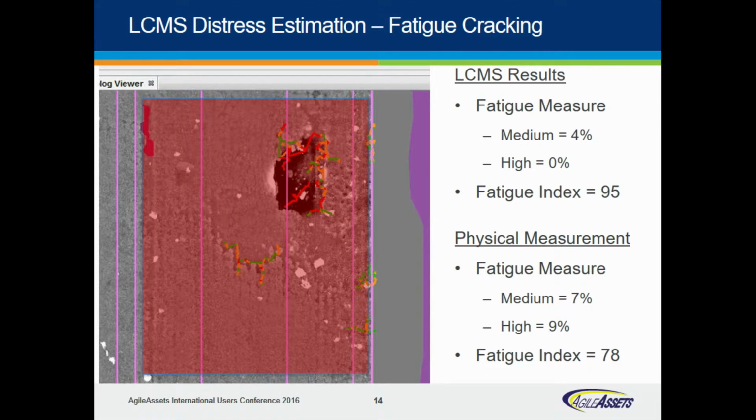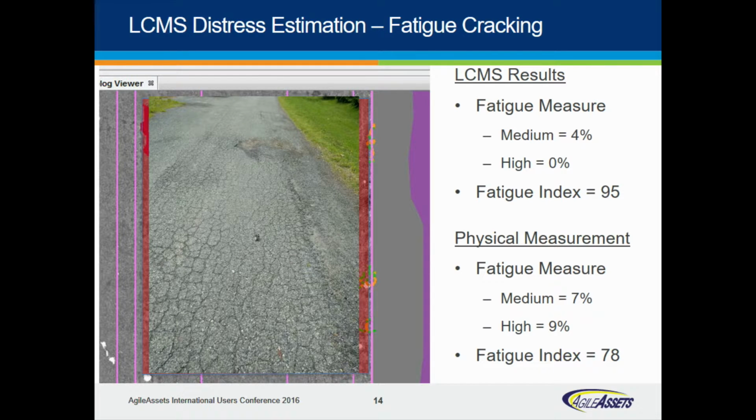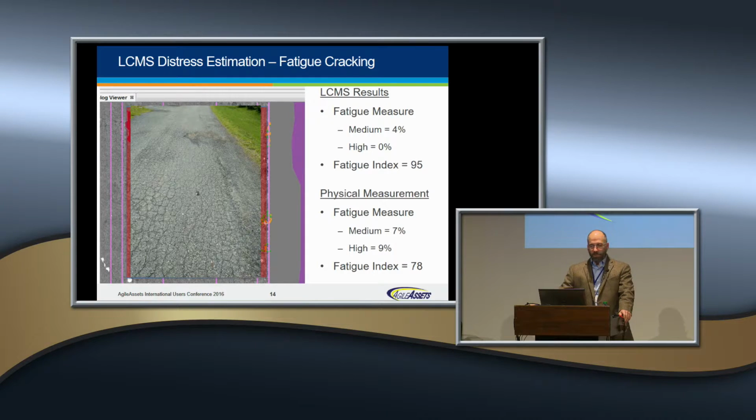We went out to the site and physically measured this data and came up with more like 7% of medium and 9% of high. That was just in certain areas that we were looking at. We tried to maintain the same location that the van had driven, and although there are going to be little differences here and there, we felt we got it pretty close. So the index was a 78. Now I'll give you a little picture. I overlay that same image with that picture. Right there was a pothole, so it showed up. But look at all the other cracking that was there and was missed